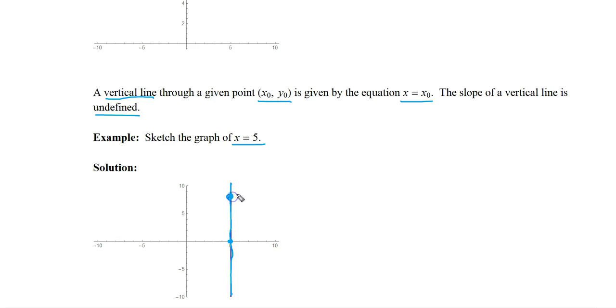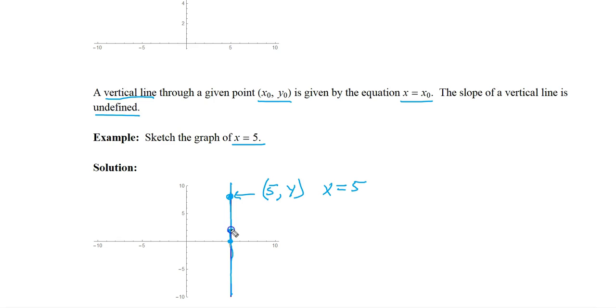Once again, notice that if I pick any point on this line, it's going to be of the form 5, y. So the x-coordinate is always equal to 5 for every point on this line. So that's why we say x is always equal to 5. So all the points in the Cartesian plane where x is equal to 5 are going to be on this vertical line. Now notice the slope is undefined for this line, because if I pick any point on the line,